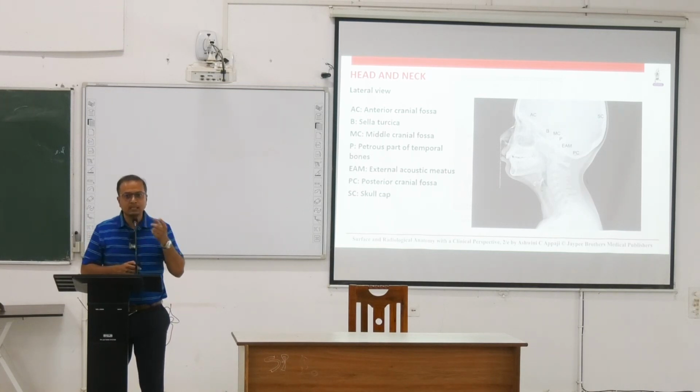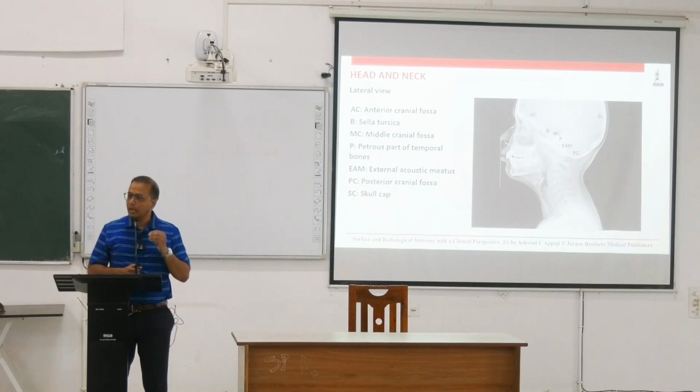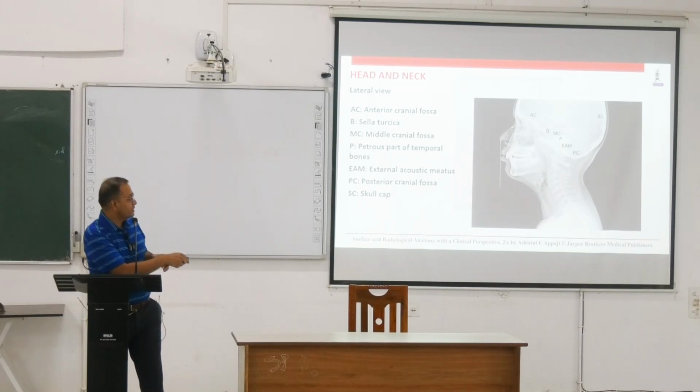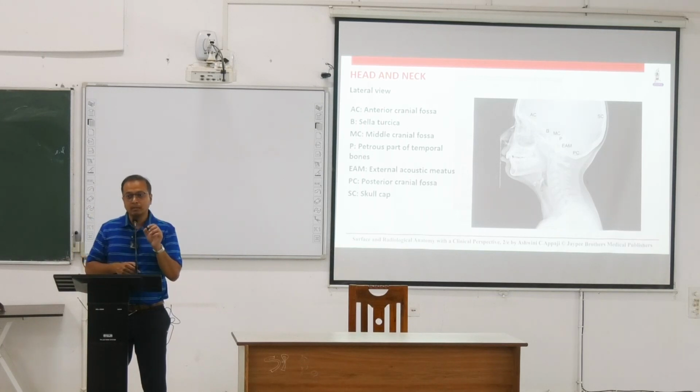So whenever you are seeing fractures in this region, we usually trace the outer table of the skull as well as the inner table of the skull. In a number of cases, we have seen the outer table may have a fracture while the inner table does not, or the inner table may have a fracture where it may have spared the outer table. So whenever you are reading the radiology of a skull region, do read the outer table as well as the inner table of the skull. And the space in between, we call the diploic space,